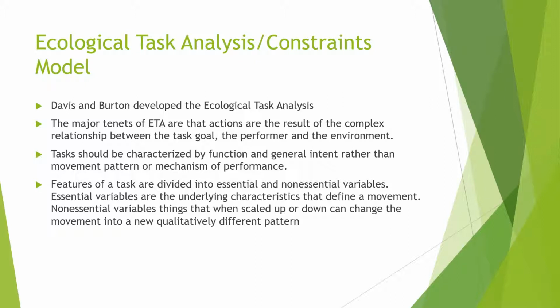Here, the features of a task are divided into essential and non-essential variables. Essential variables are the underlying characteristics that define a movement. For example, the relative timing between the two lower limbs in walking versus running versus galloping or skipping. Non-essential variables are things that when scaled up or down can change the movement into a new qualitatively different pattern of coordination. For example,